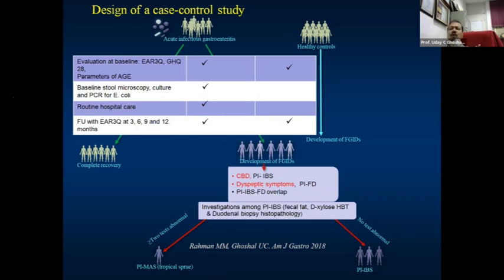Now they were followed up for 1 year. So this is a cohort design. Why cohort design? We have taken them at a point and then followed them up for 1 year. So this is a cohort design. Okay. Now, look at this. Our design was that we'll evaluate these people at the beginning,